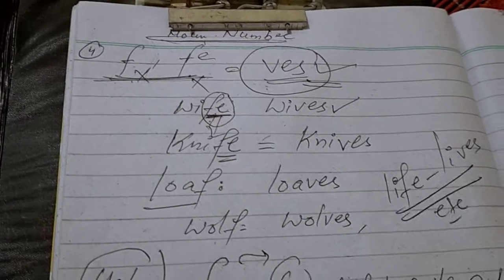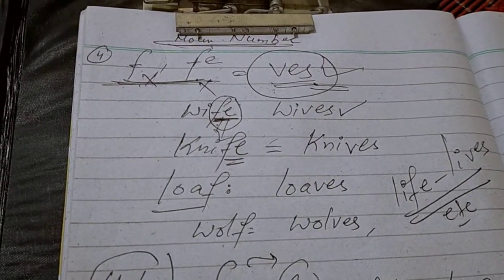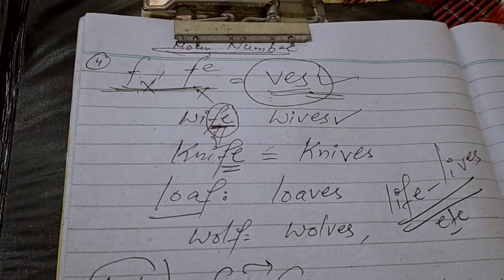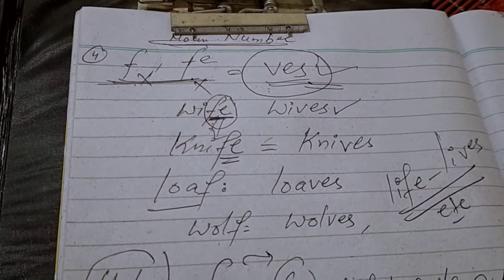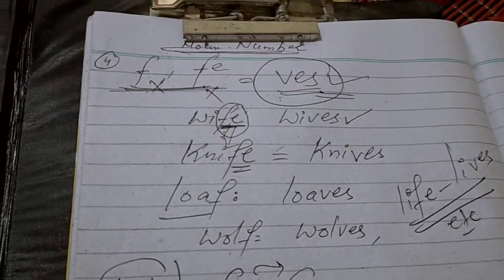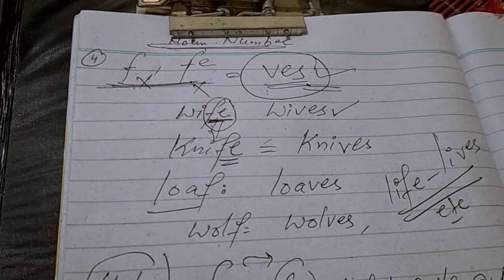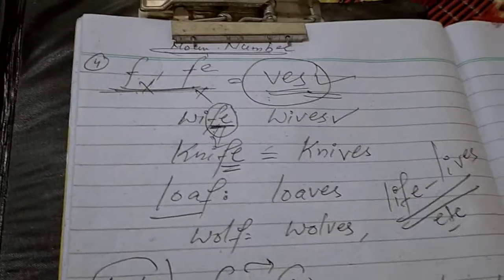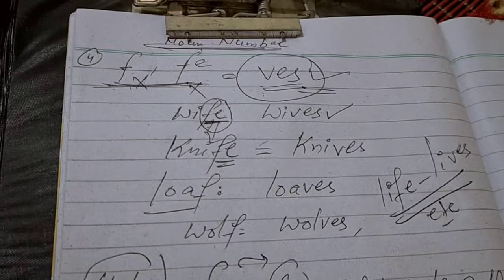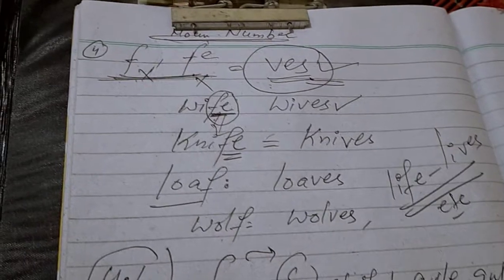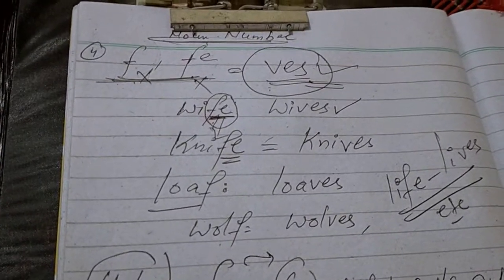Good morning, students. Today we will resume the topic which was already under discussion, that is, noun number. As we have already discussed, there are three rules of how to make plurals, and these are spelling rules. There we change a sort of trick to make the plural of those nouns. Let's take a quick summary of the topic that we have covered so far. There are three rules that we have already discussed.